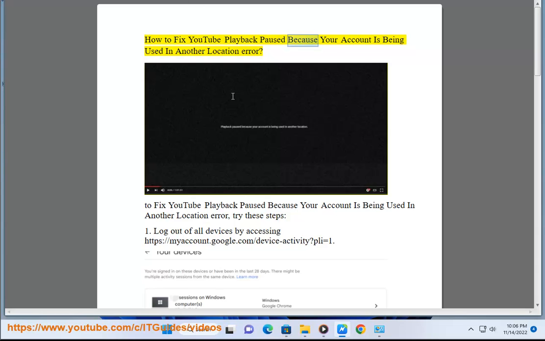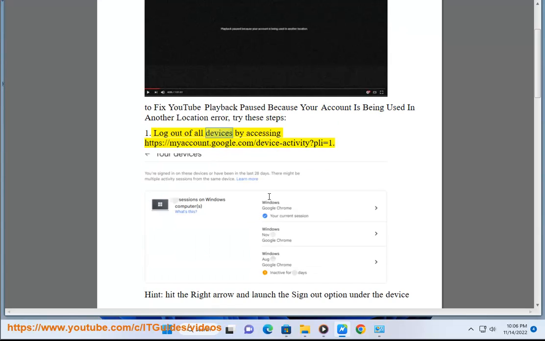How to fix YouTube playback paused because your account is being used in another location error. To fix YouTube playback paused because your account is being used in another location error, try these steps. 1. Log out of all devices by accessing